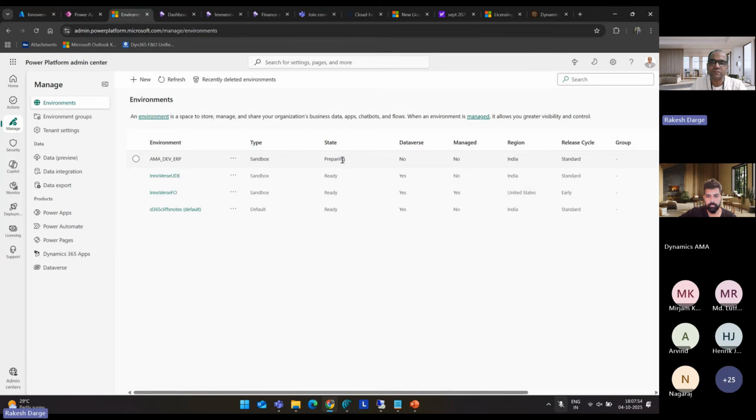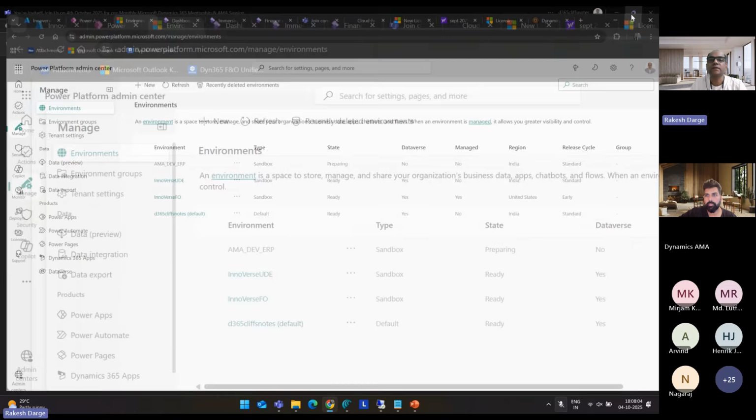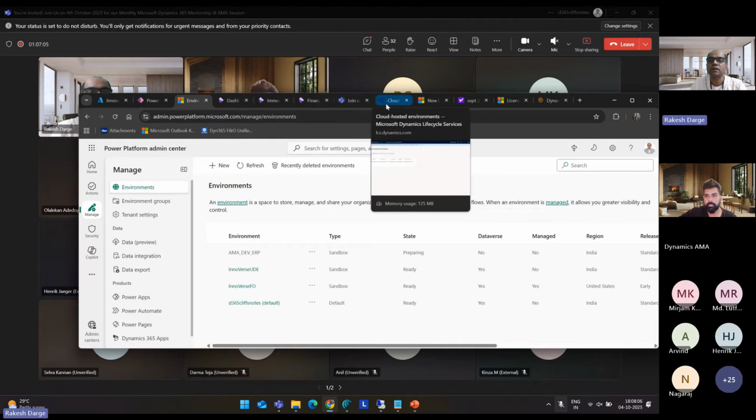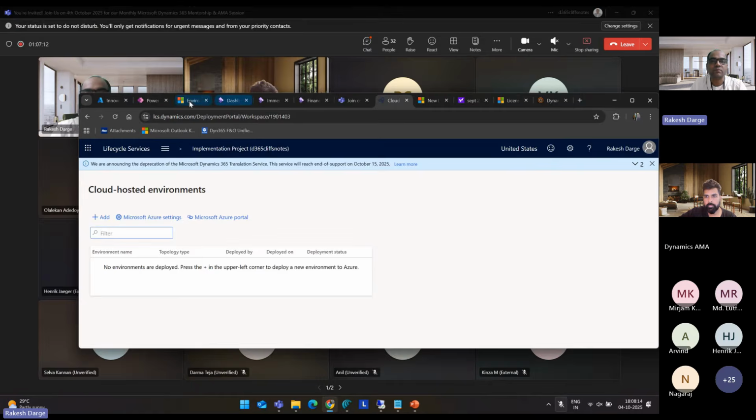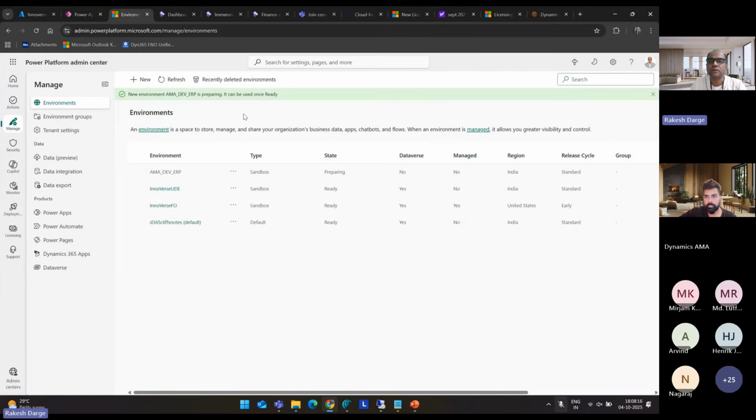It hardly takes 5 or 7 minutes. If you try to compare the experience of the CHE that we used to deploy through LCS, by logging into LCS, you can imagine the journey, right? It takes hours and hours to deploy. Here, it will automatically get deployed. Let me just refresh. So look, it is almost ready. Your standard template or standard information along with the capacity of the database is now ready.